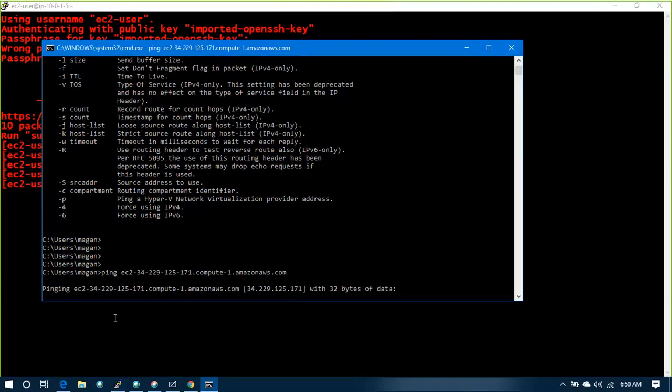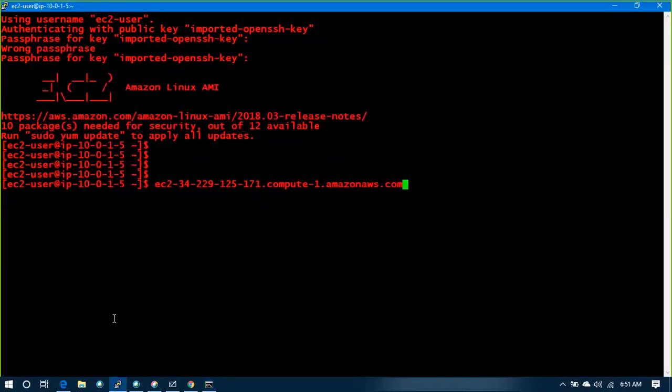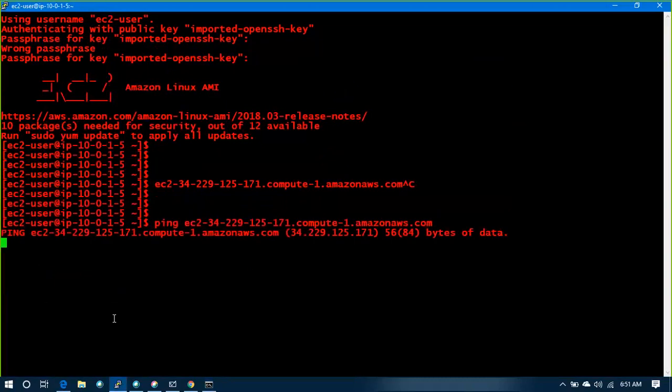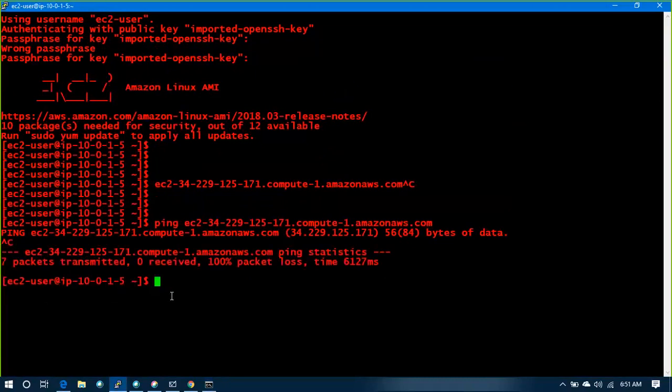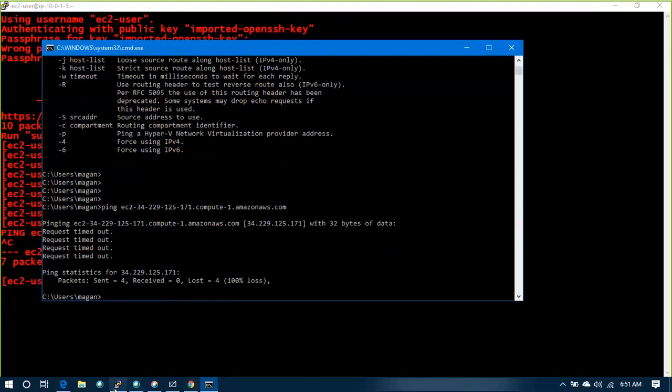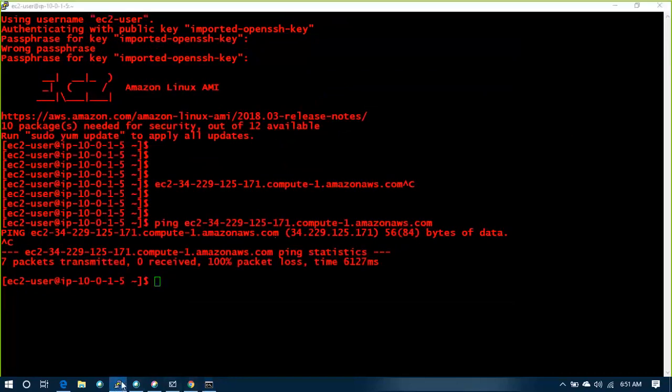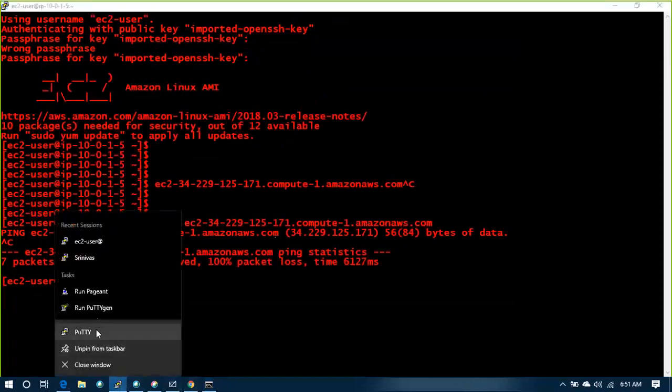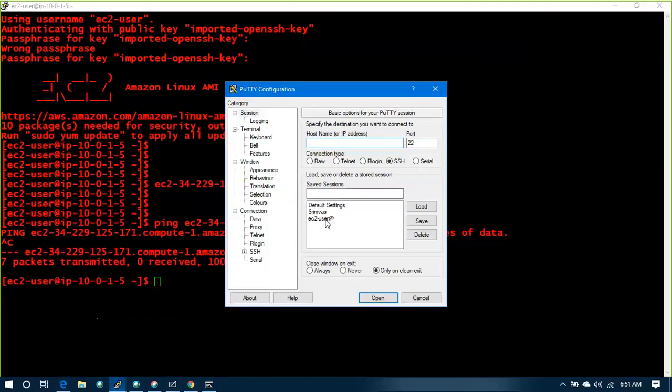You will not be able to ping, but if I ping from this machine, I will not be able to ping from here. Okay, but what I will do, if I try to access this machine from external world, I'll see if I can access it or not.